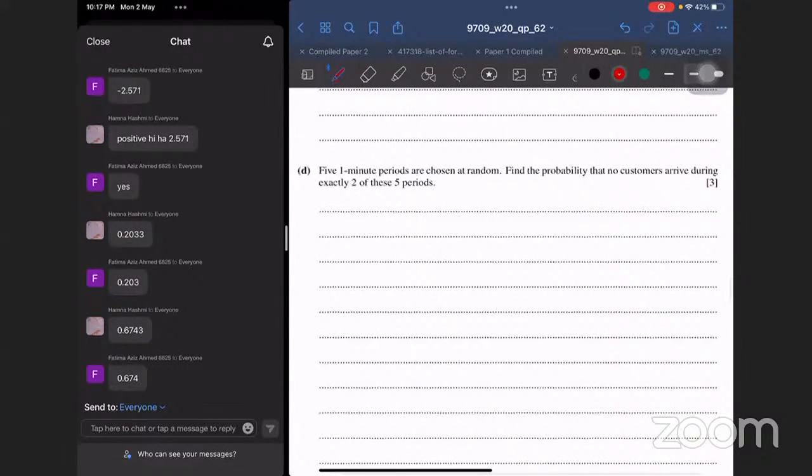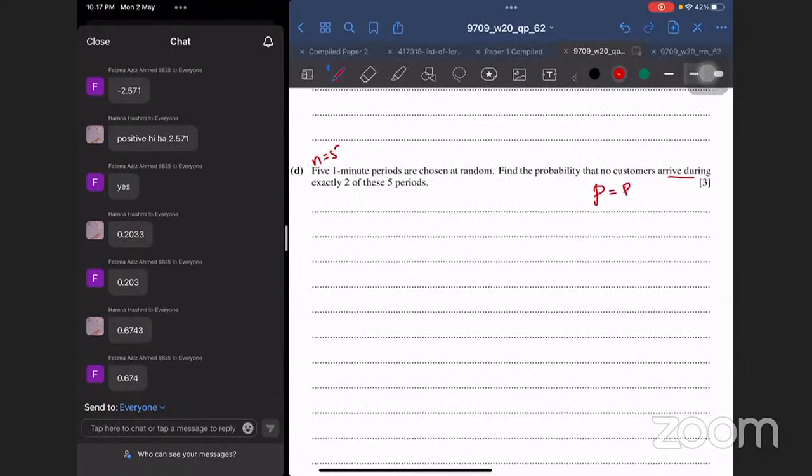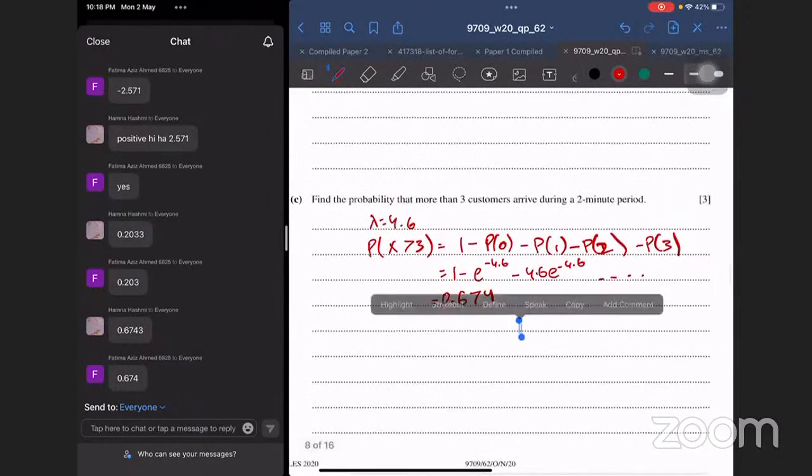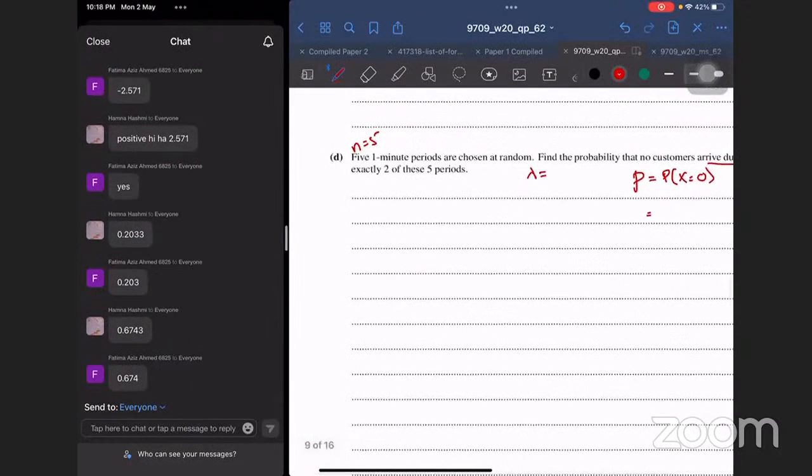Okay, then says 5 1 minute periods are chosen at random. So I'm talking about 5 trials now. ये फौरन से click होना चाहिए. Find the probability that no customers arrive during exactly 2 of these 5 periods. So my probability of success is no customers. So ये मुझे निकालना पड़ेगा कि लैम्डा जब 2.3 था तो नो कस्टमर्स आने की प्रोबेबिलिटी क्या थी? नो कस्टमर्स आने की प्रोबेबिलिटी जो थी वो